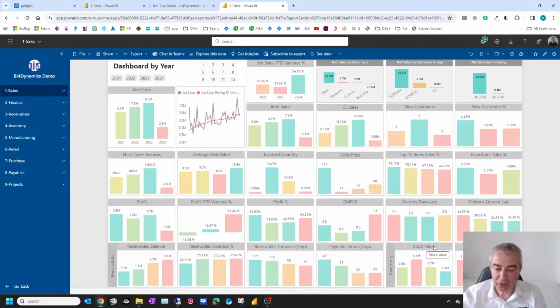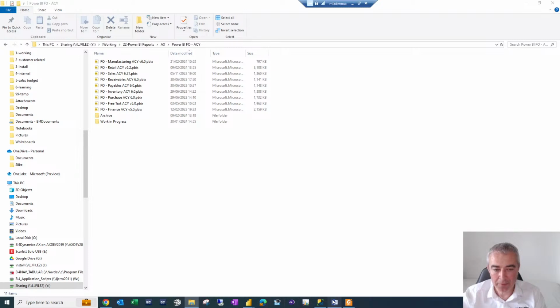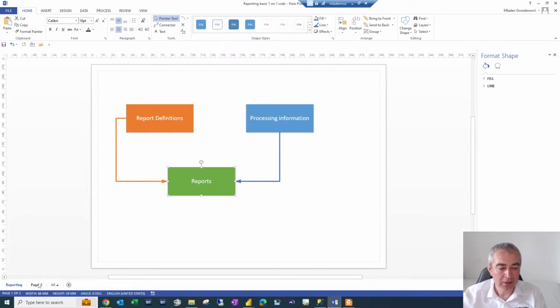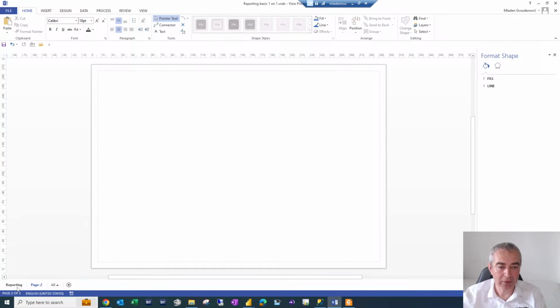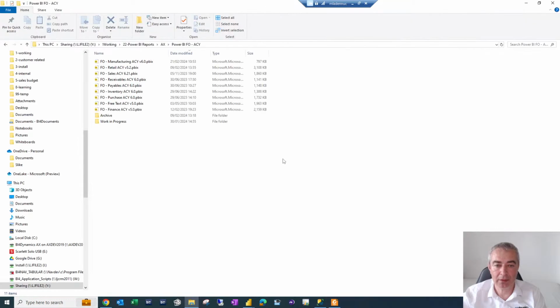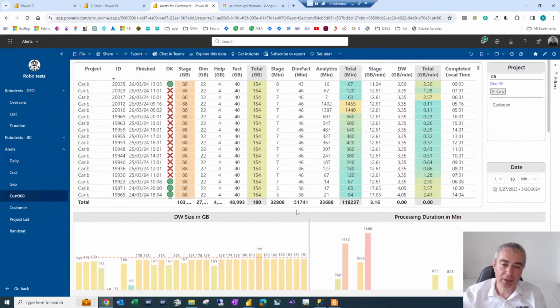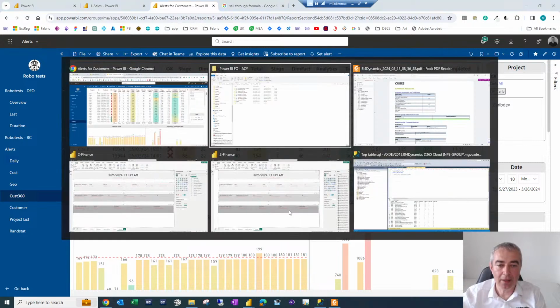By the way, the relationship between the stock value and profit percentage: profit is gross margin return on investment. We'll talk about this relationship more, but in a nutshell, the reporting is a relationship between different KPIs. So I just prepared this picture here. If we are doing the reporting, what really is the reporting, where is this? Okay, let me just see one more report here. No. So reporting is actually the relationship between